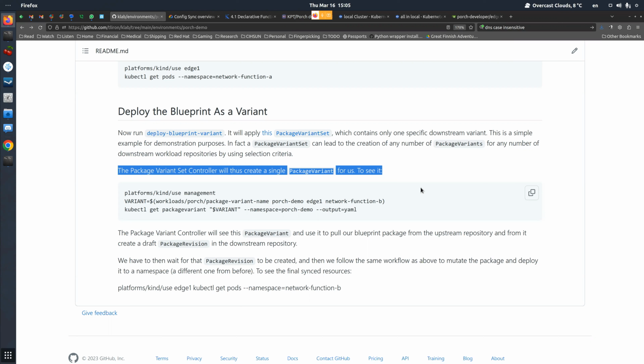And this is basically the kind of fan out, right? Because the topology is a one-to-many connection between the blueprint and the places where the blueprint is going to deploy to. So if you want to do this kind of selection, you can use package variant set, or you can just create the package variants directly, one for each deployment that you want to create. So what is going to happen